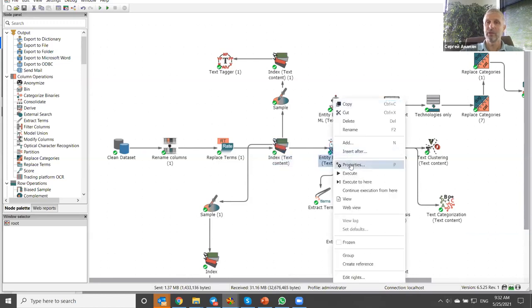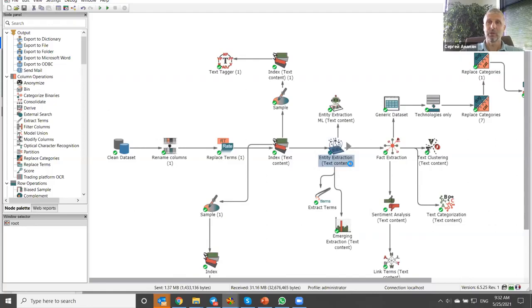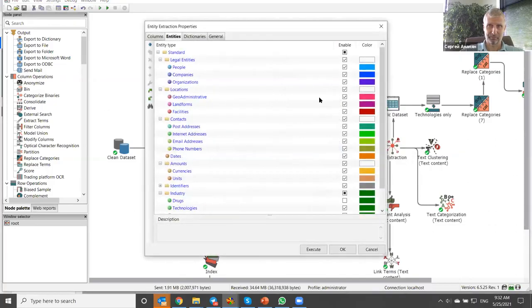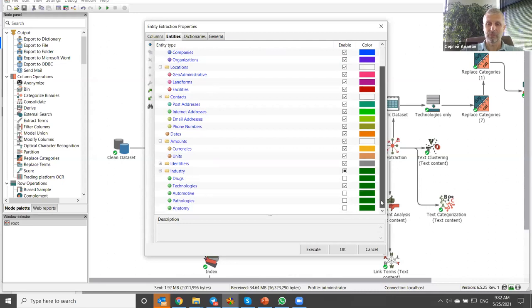To launch entity extraction, we'll be looking for standard entities for now. I will illustrate in a second how the user can control this as well. But first, you can plug in the data and the system will be running for you.